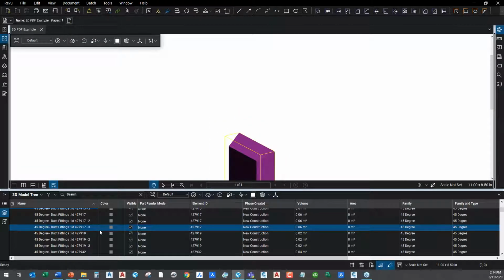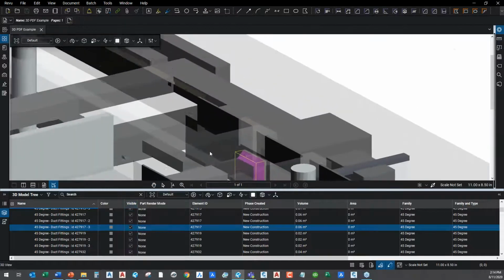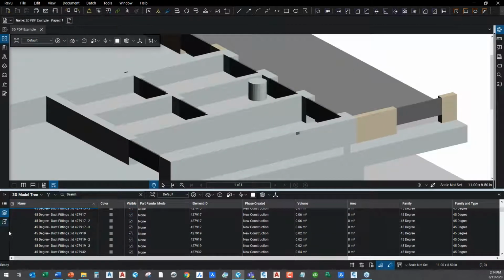Okay, whatever I need to do. And then I just go back and show all the parts again. Right? It's that easy to find and work with these. And what's really nice about this is that you can also extract all of this data, right? You can pull that all out and extract it out to an Excel spreadsheet, right? So you can export all of this data, all this information in here as well,